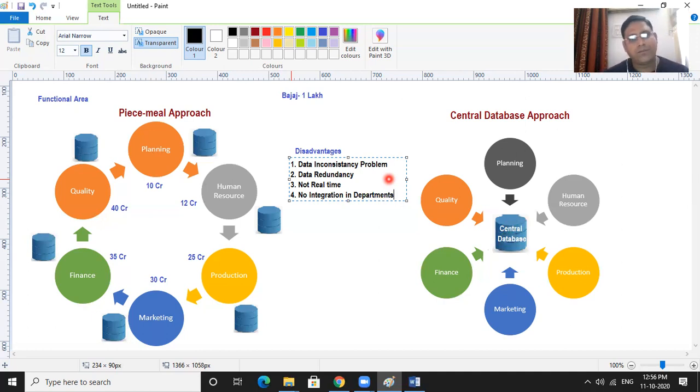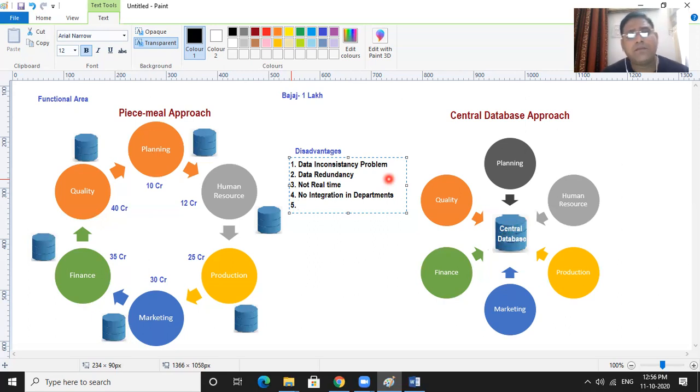हर डिपार्टमेंट को अपने बारे में ही पता है, दूसरे डिपार्टमेंट के बारे में कुछ पता ही नहीं है. तो डिपार्टमेंट्स का आपस में कोहेसिवनेस, इंटीग्रेशन नहीं है. सब अलग अलग काम कर रहे हैं, मिलके काम नहीं कर रहे हैं. दिस इज अनदर प्रॉब्लम. नाउ another very big challenge or problem is